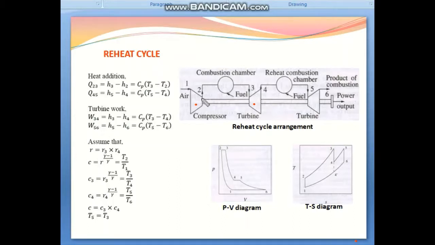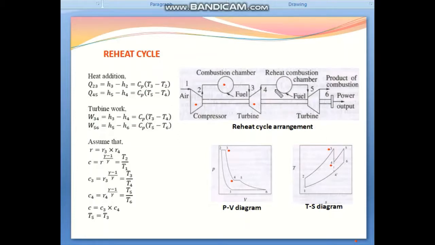Then that compressed air flows to the combustion chamber. This is the first combustion chamber. Then fuel is added and combustion takes place. Then the combustion product flows through the turbine, that is 3 to 4. This is the expansion process. This is 3 and this point is 4. Okay. The temperature decreases. It's a constant entropy, adiabatic process, 3 to 4. Then